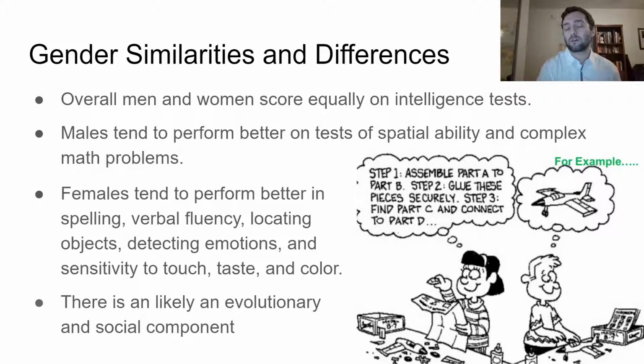There could also be an evolutionary component. So if we think back, again, when we're talking about evolution, we're talking about thousands and thousands of years. If we think back to when human beings were all just tribal and hunting and gathering, in most communities, the men would have been the ones who were hunting. So they would have been leaving the tribe or wherever they were set up and going off and finding food and having to come back. Well, if I'm hunting, that's going to be building my spatial abilities, right?